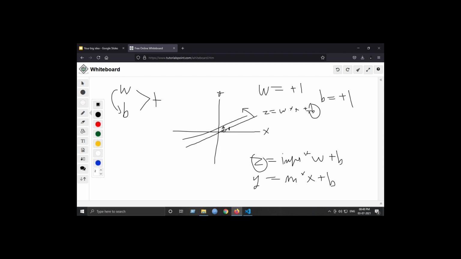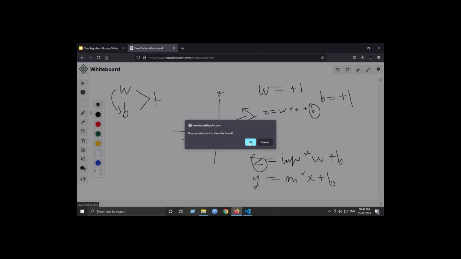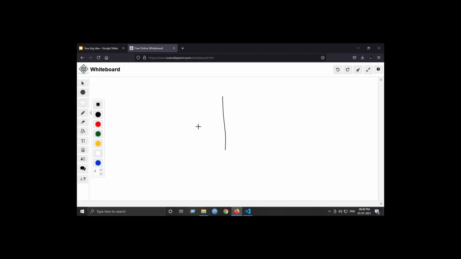Now, before coding an actual neuron, I will briefly explain a function that we will apply to our final neuron output, that is a step function. So a step function looks like this, because this is what a step looks like. Its definition is